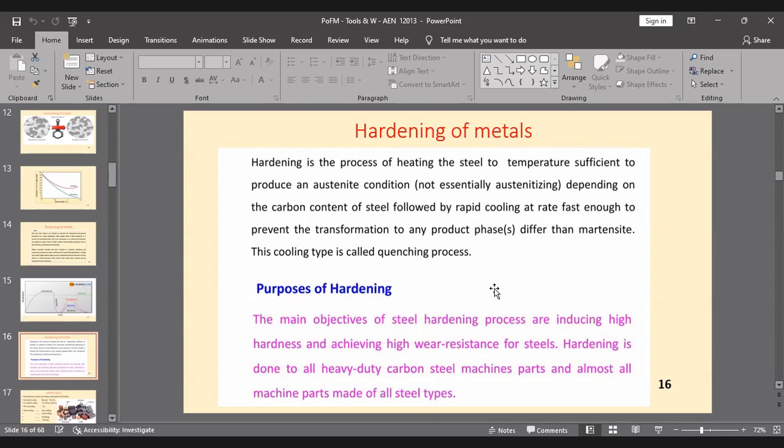And almost all machine parts are made of steel. Machine parts are available, so all parts can be produced by utilization of steel. But we have different types of steels, so different types of products. Okay, clear. Then come to the next point,